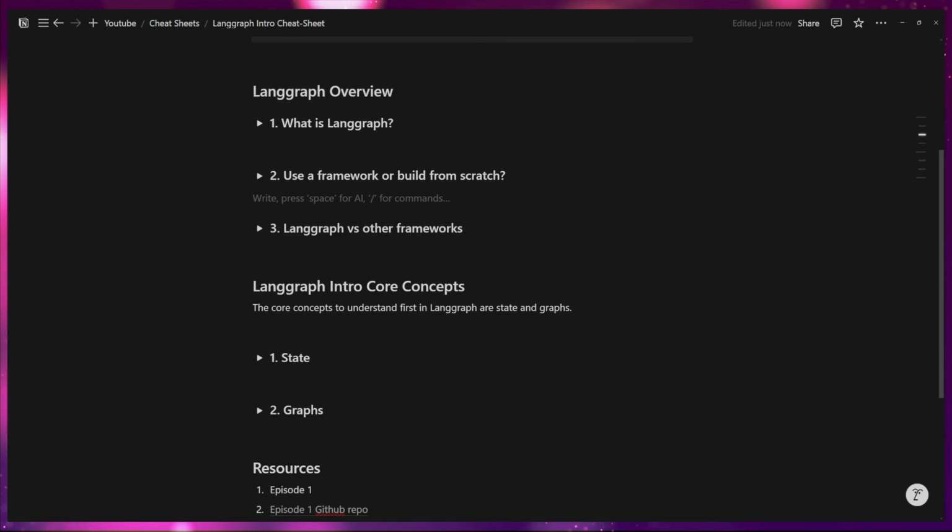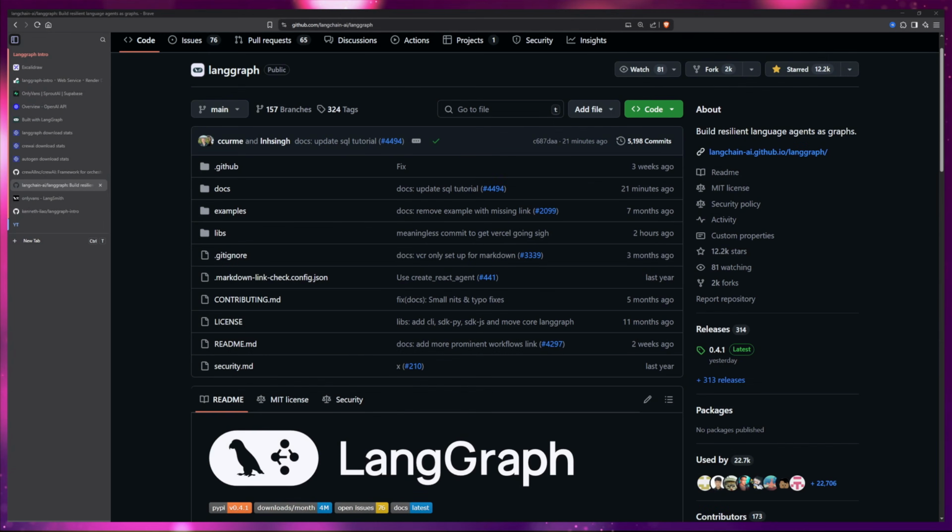Okay, so you've decided that you either need a framework or you don't. But if you do, why would you use LangGraph versus other frameworks like AutoGen or Crew AI? I'm going to give you my take, but of course it's worth figuring out what makes the most sense for you. Just in terms of the community and support and adoption of these different frameworks, LangGraph is kind of the